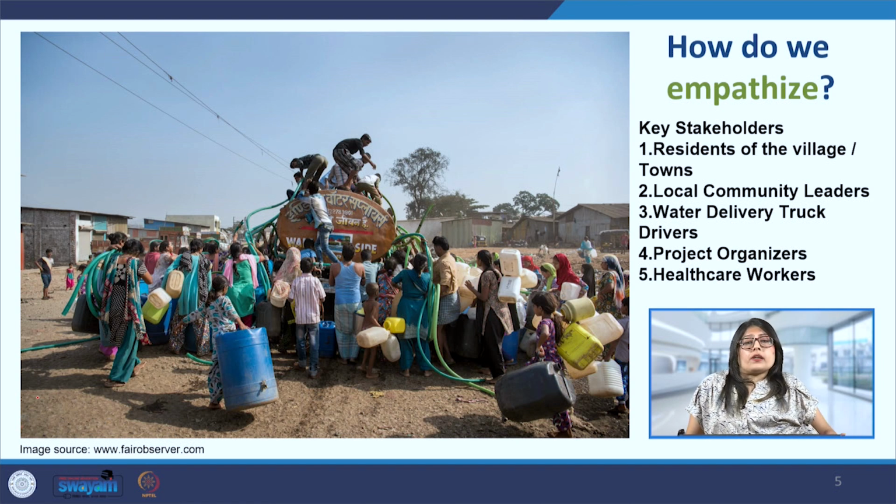Since they are the ones who are actually driving in this harsh weather condition on a certain route, they may have insights that changing the route slightly may be better, because in the new route they may find a water source where they can refill their truck, and then it can cater to a lot more people. Because they are the ones on the road, these insights will be very helpful to come up with a final solution in the implementation stage, or there could be other solutions that they may come up with as well.